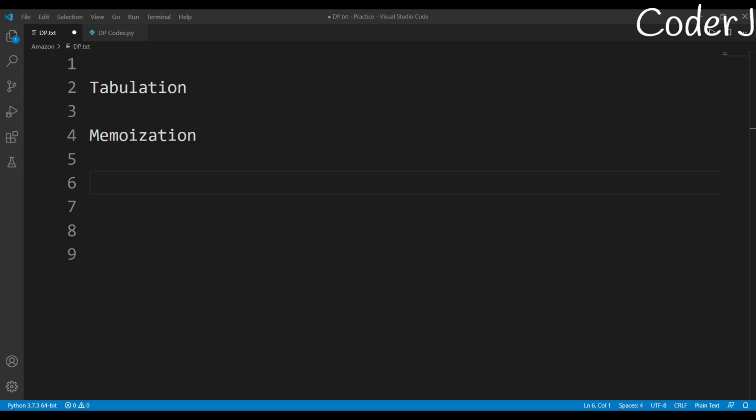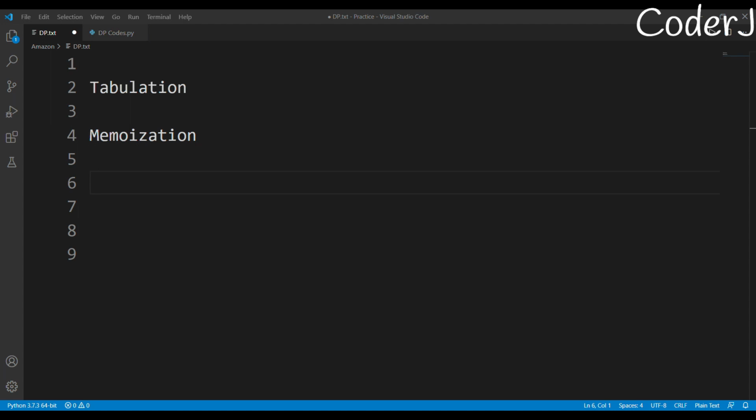Okay, let's take an example. Suppose you want to get a job at an X company. If you say that I will practice coding, then I will prepare for my interviews, and finally I will get my job at the X company, that is tabulation. But if you say that in order to get a job in the X company, you'll work on your interviews and you'll prepare your coding skills, then that is memoization. Here you first stated your final goal, what you want to do, and after that you stated your conditions. That is exactly memoization. So I hope this example helps.